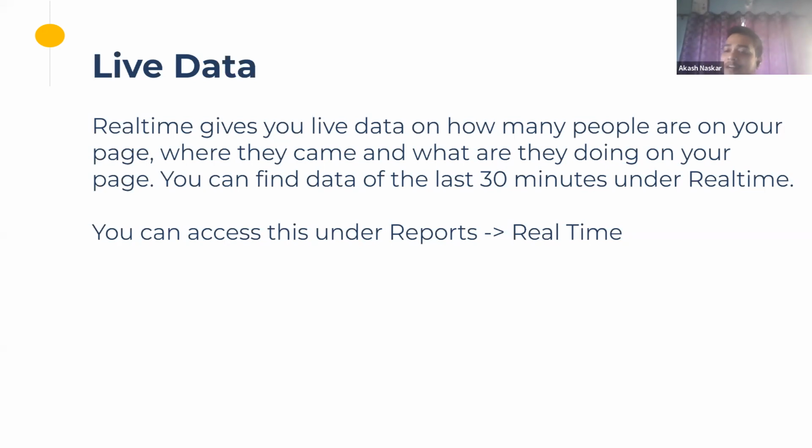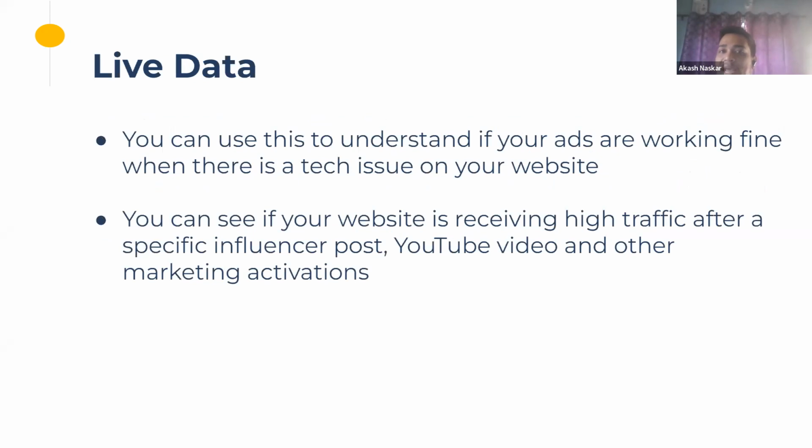So you go back to your specific platforms and check the campaigns. Maybe the budget is over, maybe bidding strategies are not working, maybe there are technical issues with the platform itself. A lot of the time we keep hearing that Facebook went down for a few hours, or WhatsApp is down for a few minutes. All of that can affect your campaign performance. So you can check whether your campaigns and your website are performing in the right manner by looking at this real-time number. This is the main use case: to see if your ads are working or if there are any issues on your website.